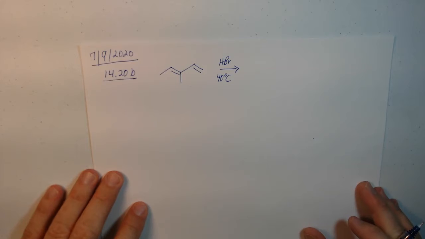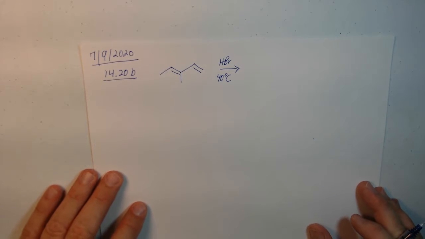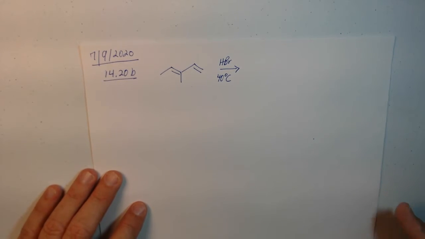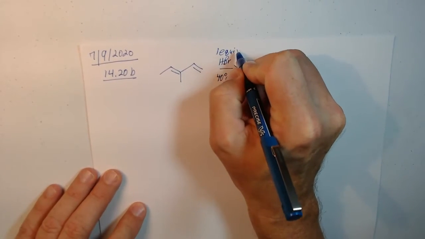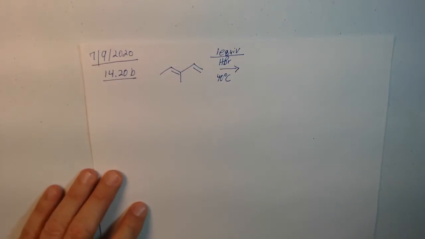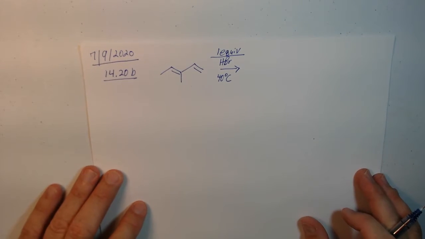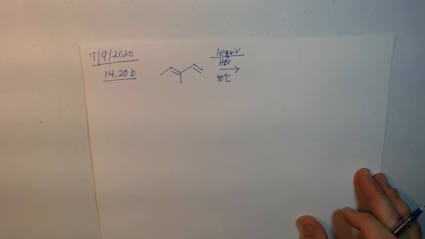This problem says predict the major product with the addition of one equivalent. So I'm going to make that note here. One equivalent of HBr. Predict the products and then the mechanism. All right, so